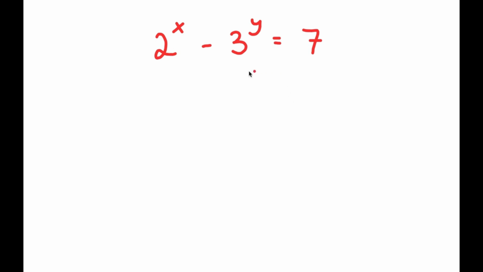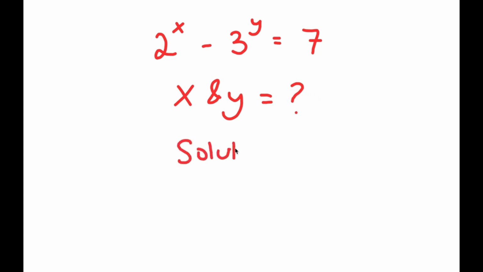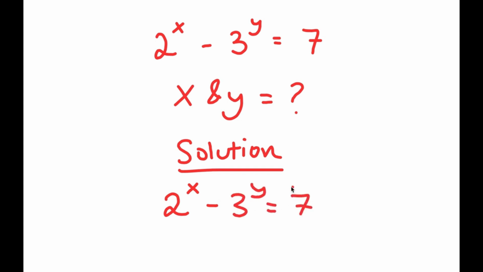Alright, so in this problem, I have 2 to the power of x minus 3 to the power of y is equal to 7. So I want to find the values of x and y. So for my solution, if I have something in the form 2 to the power of x minus 3 to the power of y is equal to 7,